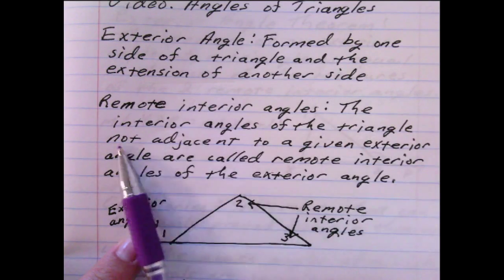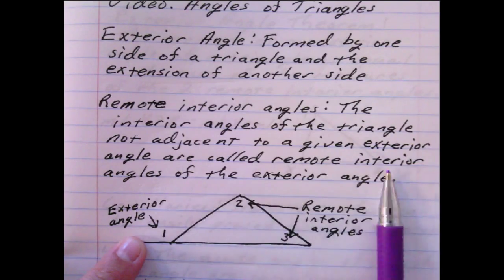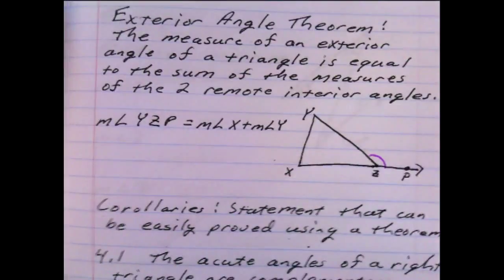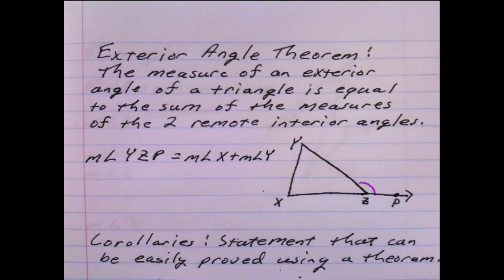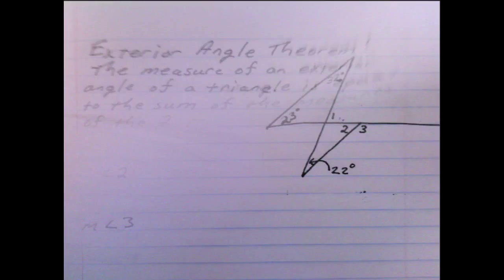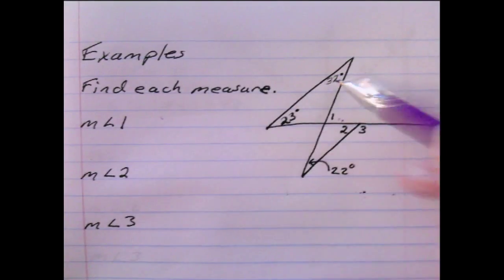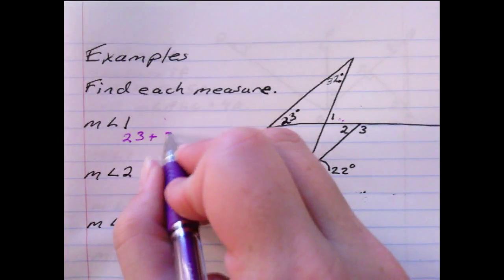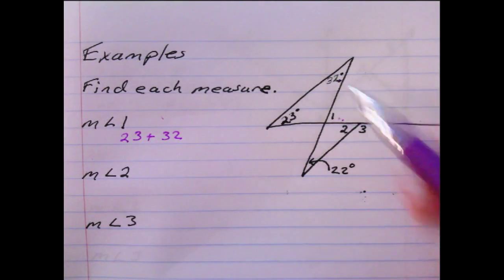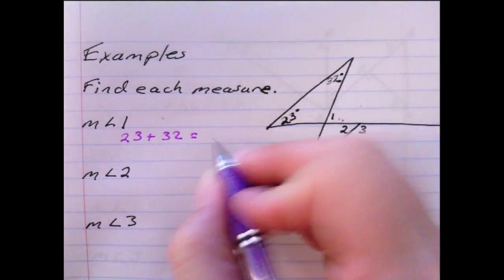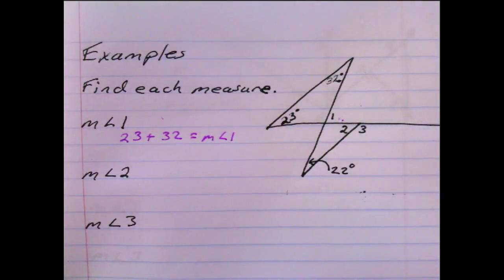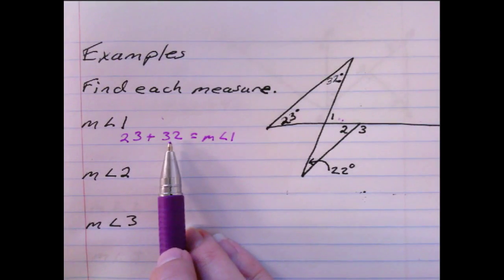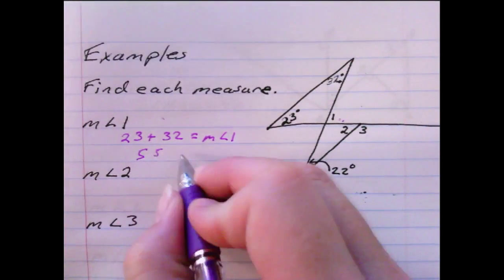The interior angles of the triangle not adjacent to the given exterior angle are called remote interior angles. We also know that these are equal to each other, if you remember, that was this one. So if we add those together, they are equal. So we have 23 plus 32, those are our two remotes. This is our exterior, equals the measure of angle 1. So we add together the two remotes, that gives us the exterior. So if we add these together, we should get 55 equals the measure